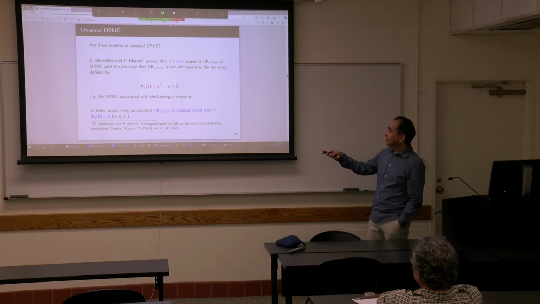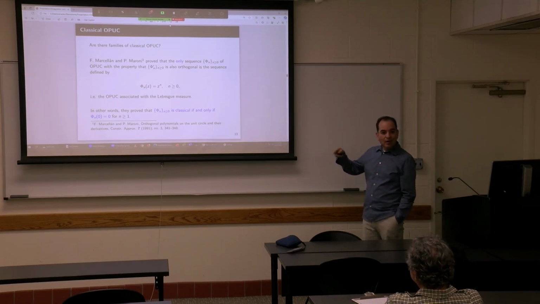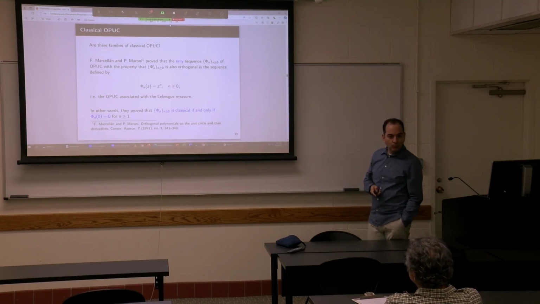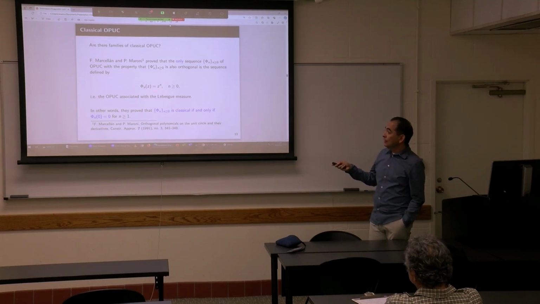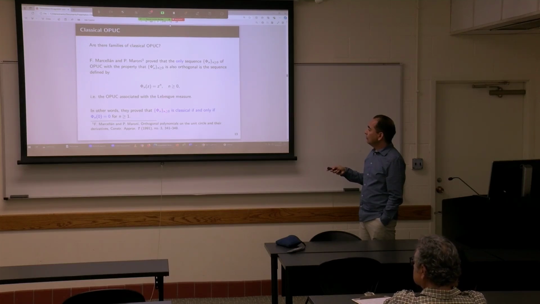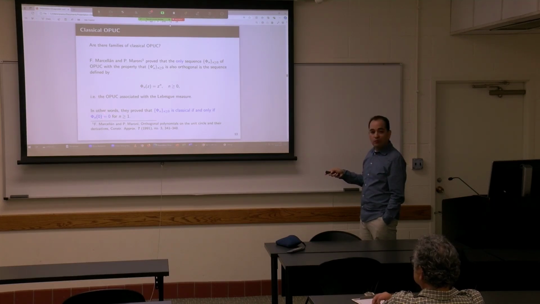And of course, you can see here that if you take the derivative, you have the same polynomials up to a constant, which of course doesn't affect the orthogonality. So this is the only family with that property on the unit circle. And equivalently, this is the same as saying that a sequence of polynomials on the unit circle is classical if and only if all of the Bernoulli coefficients are 0, because if you remember,